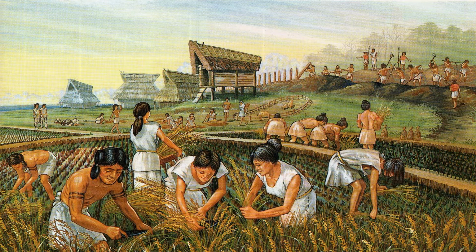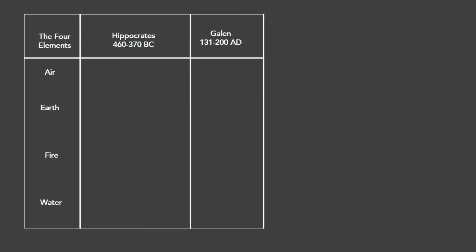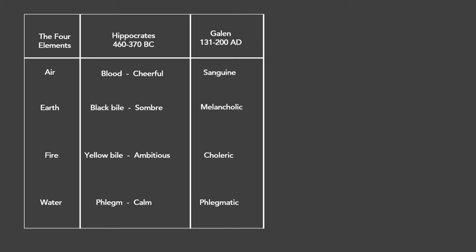As we move forward to the Greeks, we see a different perspective on psychometrics emerging. Hippocrates, often described as the father of medicine, combined naturalistic knowledge with science and philosophy to produce the first explanations of personality. The dominant theory of Hippocrates was that of the four humours: blood, black bile, yellow bile and phlegm. Galen succeeded these with his four temperaments: